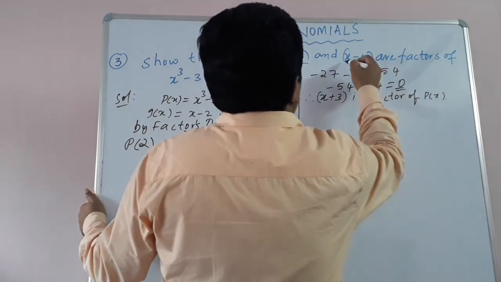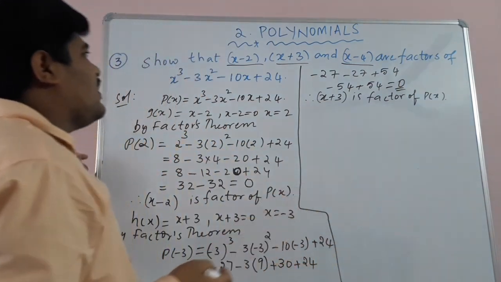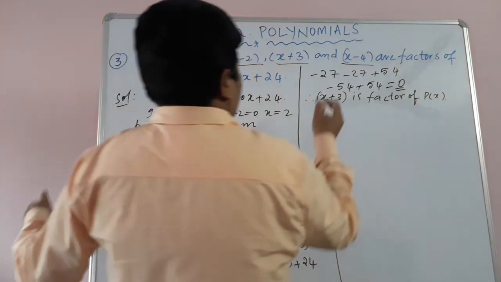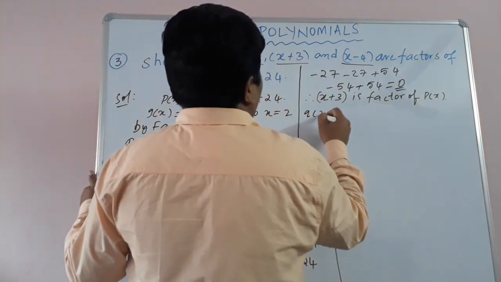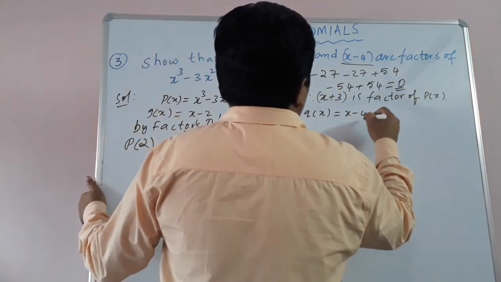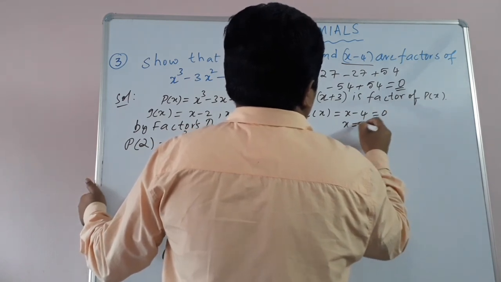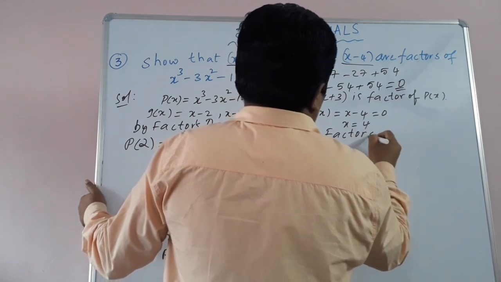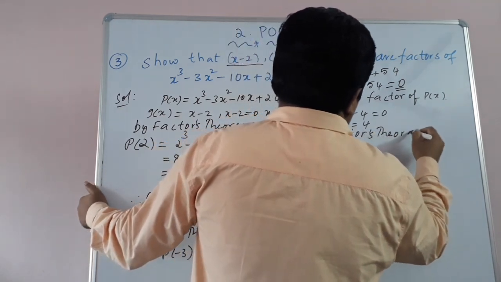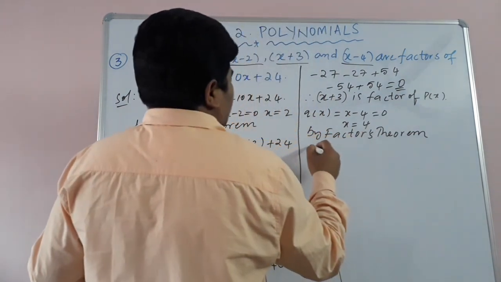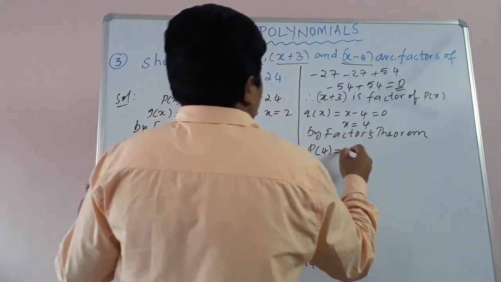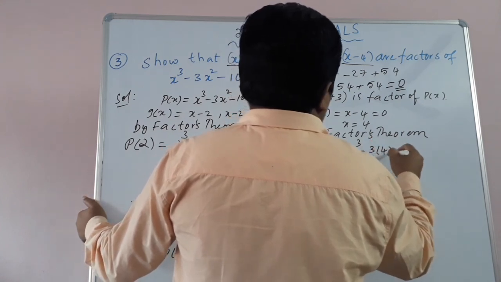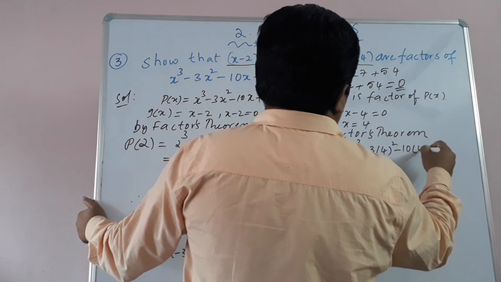Now children, finally we need to test whether x minus 4 is a factor or not of this given polynomial p of x. So children, take that x minus 4 as q of x, that is equal to x minus 4 equated to 0, x is equal to 4. So now by factor theorem, children, what is the remainder? P of 4. So just replace x with 4, 4 cube minus 3 into 4 square minus 10 into 4